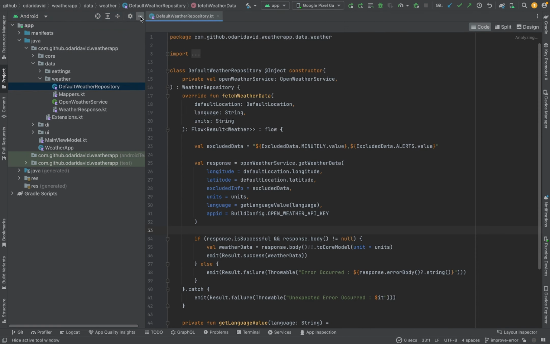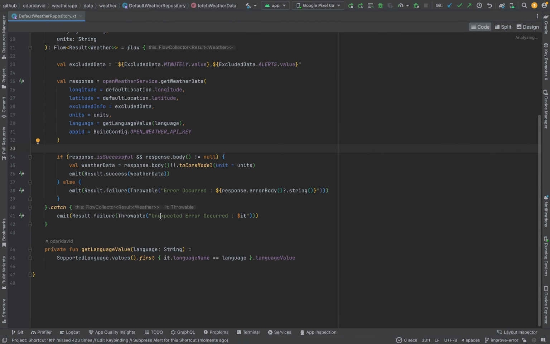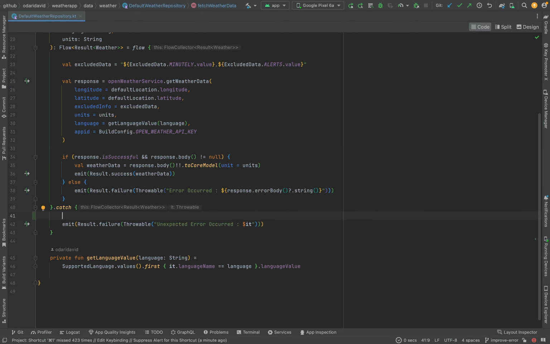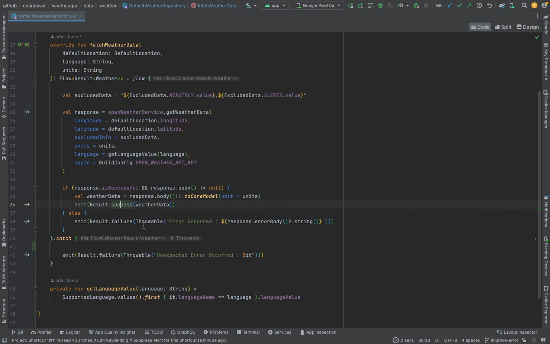I'll start from the repository, as this is where the exceptions get thrown downstream. There's two cases to handle here: when the request returns a HTTP response error and when the flow experiences unexpected errors in the catch block. I want to send the string resource ID to use when an error occurs, and the current result model can't do this. I'll go ahead and create my own